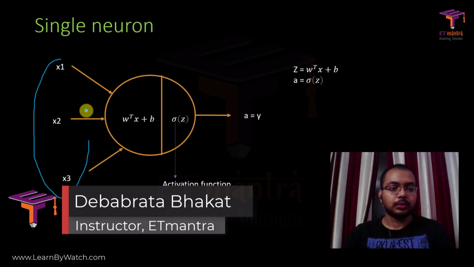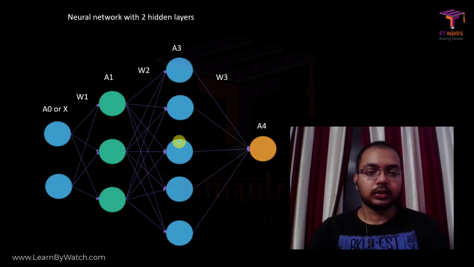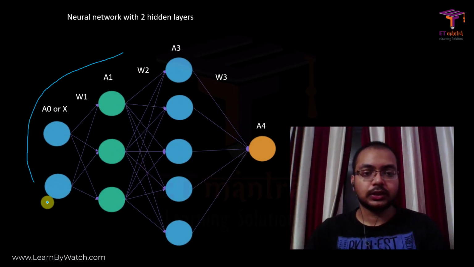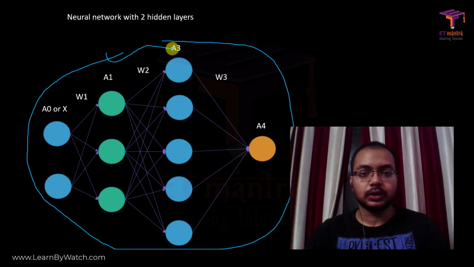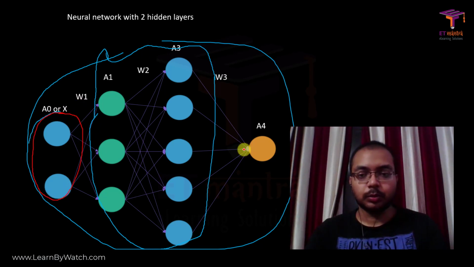It takes these features as input and outputs a single label, and the activation function can be anything. We'll discuss some more activation functions other than sigmoid. Then this was the overall architecture of a neural network. This is with two hidden layers. These are the two hidden layers, these two, and this one is the input features and this one is the output label.